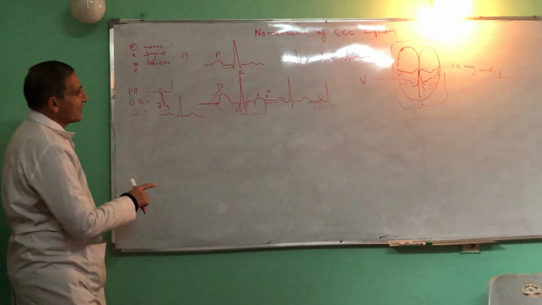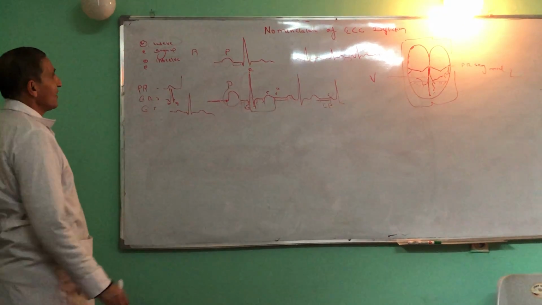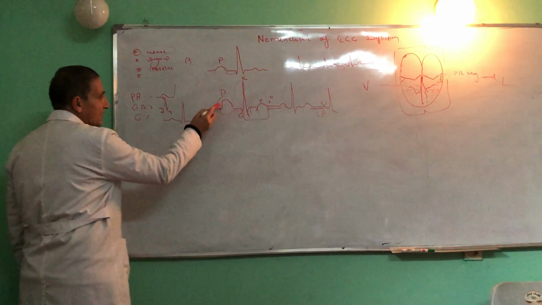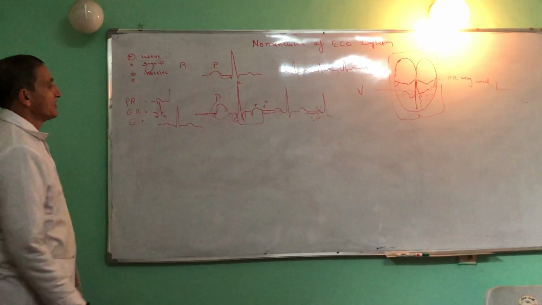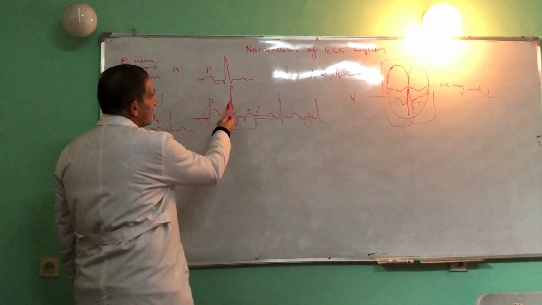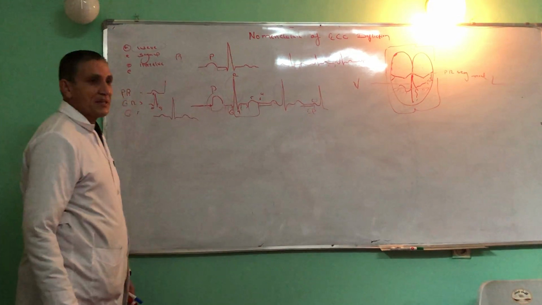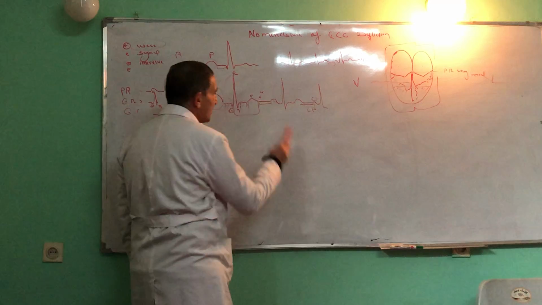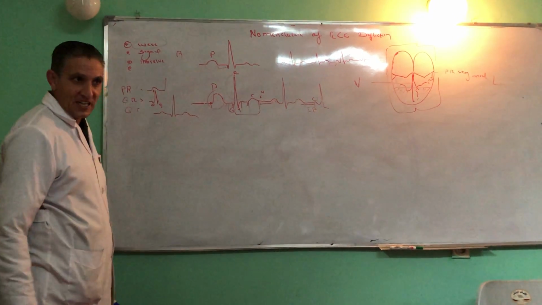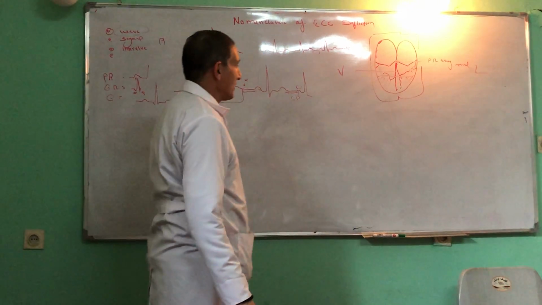This was about the nomenclature of the ECG: the waves, segments and intervals. What does the P wave represent? What does the Q wave represent? Septal. What does the R wave represent? Major. What does the S wave represent? Basal part. And what does the T wave represent? What does the U wave represent? The source is uncertain, but it represents Purkinje fiber repolarization.